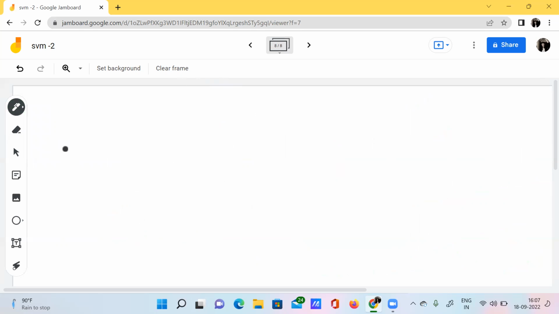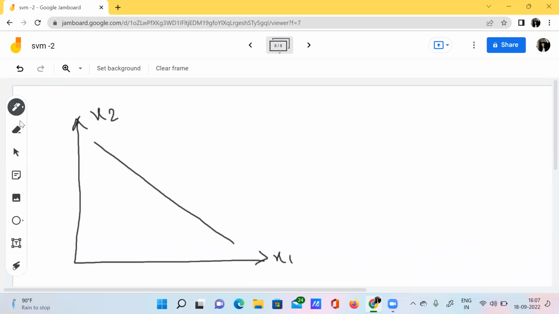For example, we have this feature space, X1, X2, and we have this hyperplane and some data points like this.